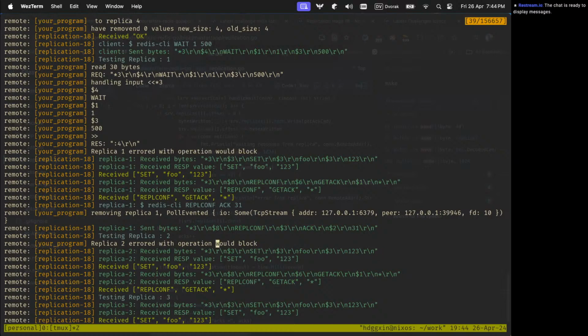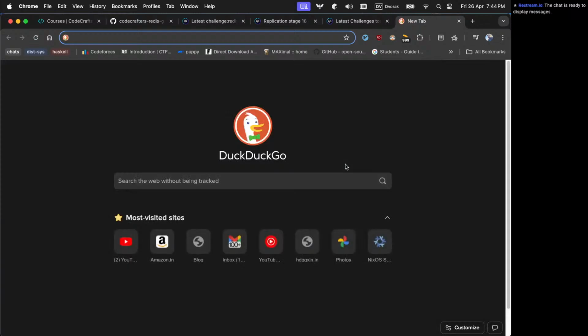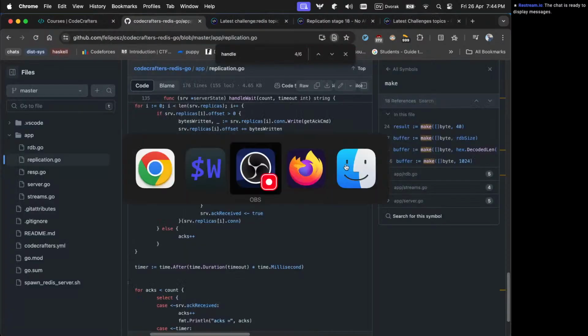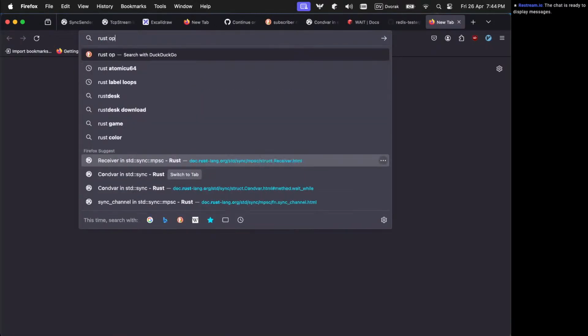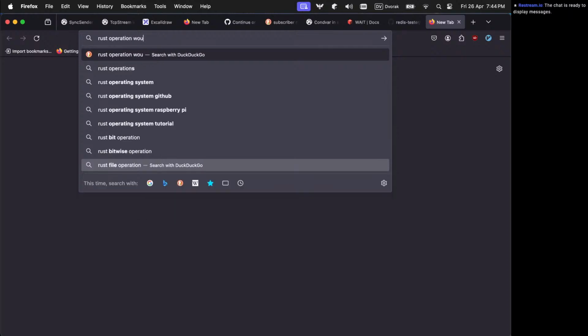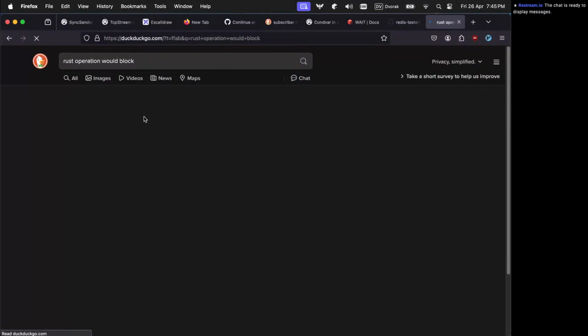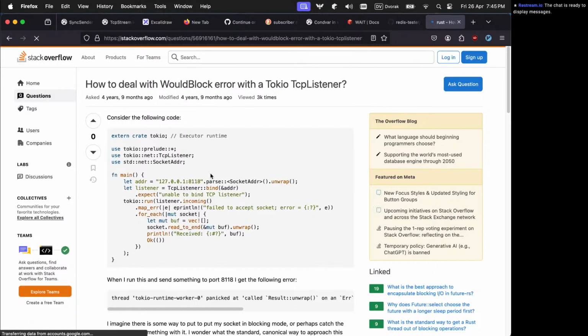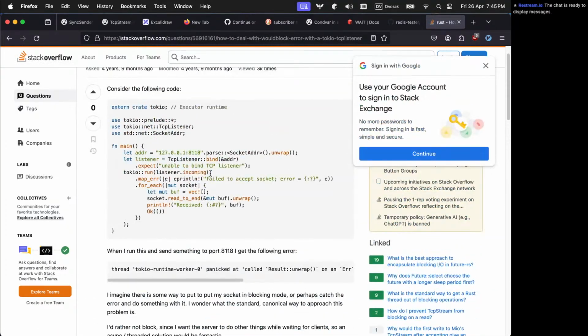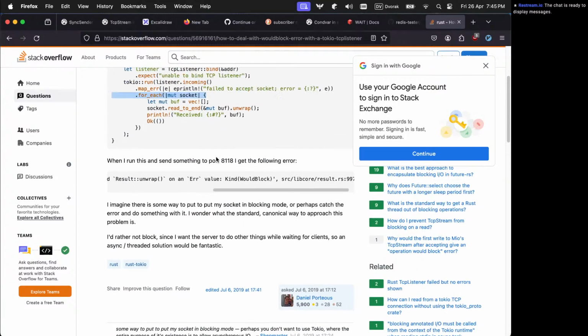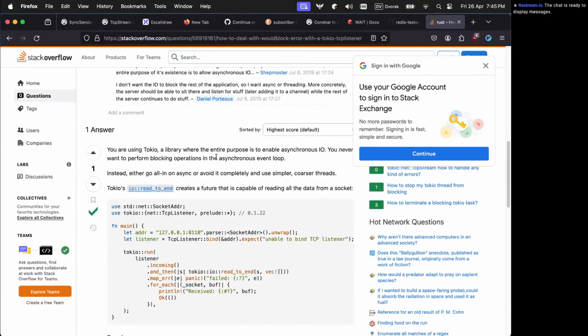Error with operation would block. What is this operation would block? Let's search this. Rust operation would block. There is something called read to end somewhere.